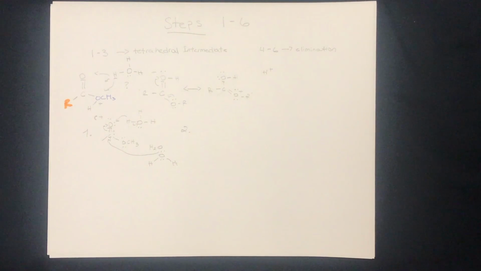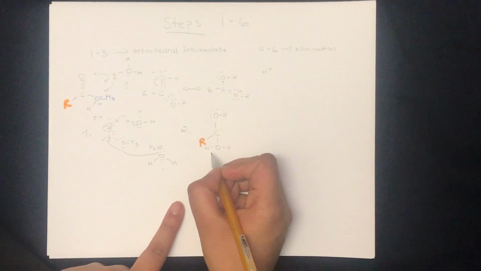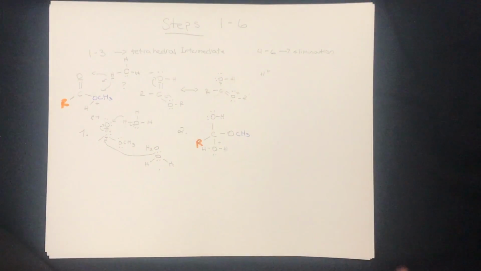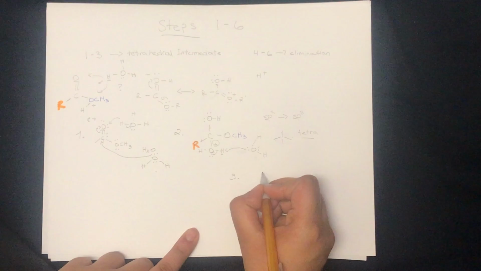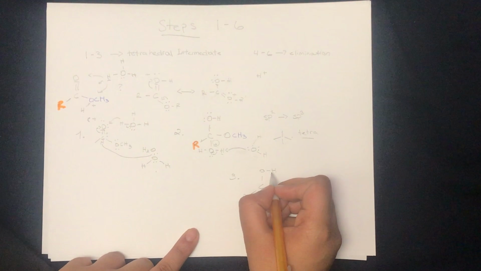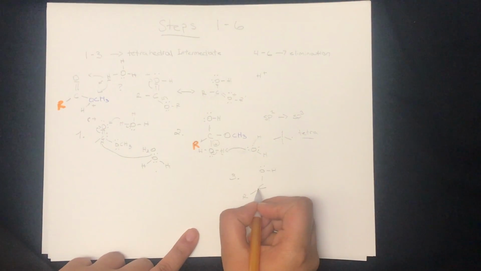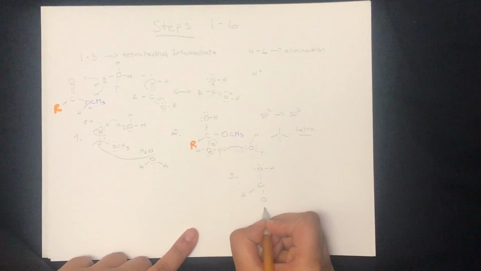And now we have a protonated ester where we see the positive charge on the oxygen. And now since that positive charge is on that oxygen, the carbon has become more electrophilic, making it more likely to be attacked by the water. So now the electrons on the oxygen of the water will be attacking the electrophilic carbon. This makes our tetrahedral intermediate, but we still have a positive charge, so right now it is the conjugate acid